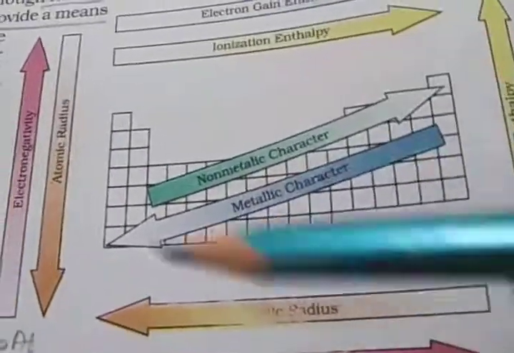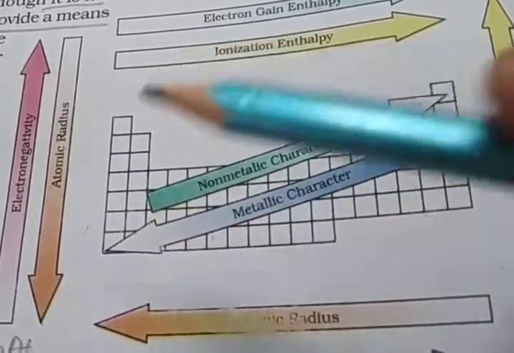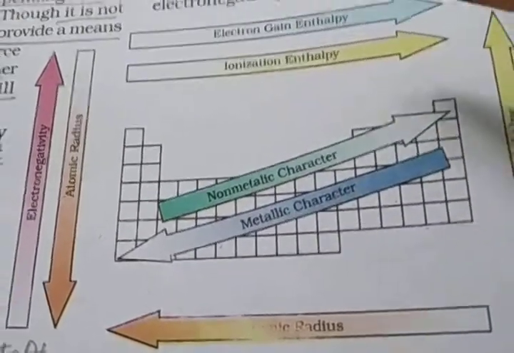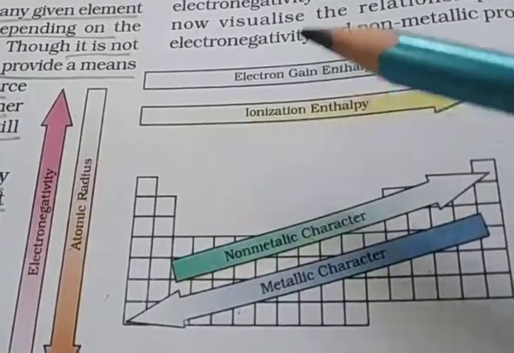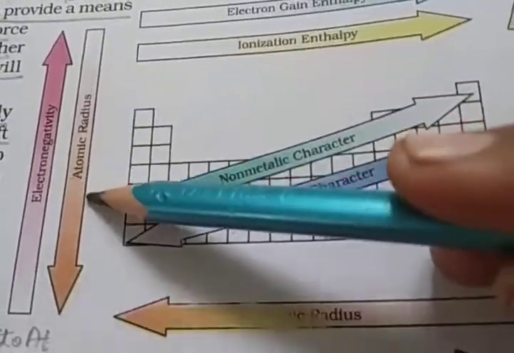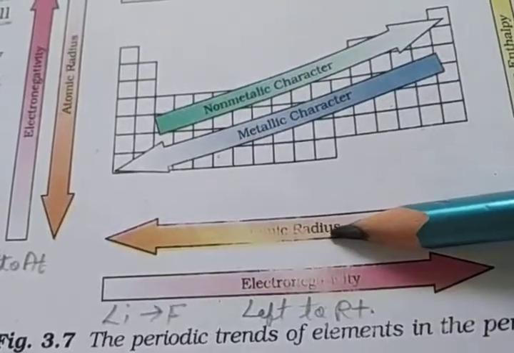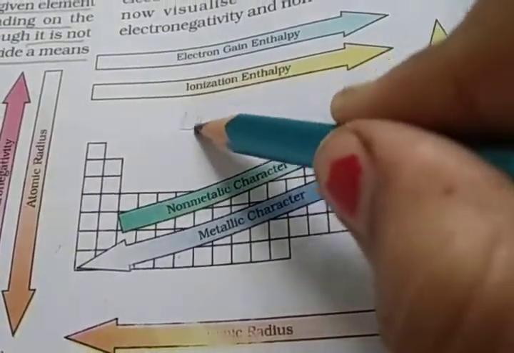Here you see, this is the way the blocks are formed according to the periodic table, right? This is the S block, this is the D block, this is the P block. So physical trends like electron gain enthalpy, ionization enthalpy, atomic radii, electronegativity, ionic radius. So see, whenever we have to go left to right,